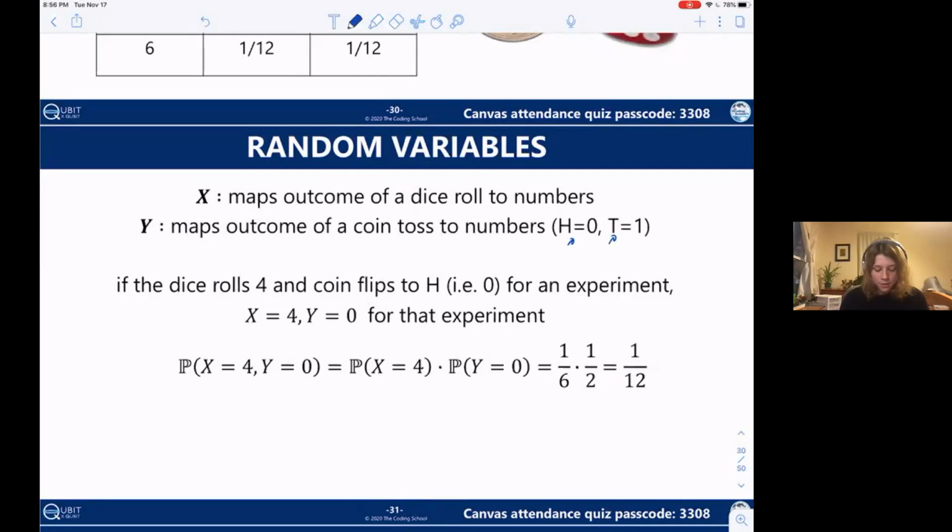And so to get the probability of two things happening where we've done two independent events, what we're discussing now is fully independent events. We've rolled our dice and then we've flipped our coin, and we found a bunch of times that the probability that our dice gives us 4 is 1/6. The probability that our coin gives us 0 or heads is 1/2, and we just multiply the two when we're dealing with independent variables. That's what I really want to stress.